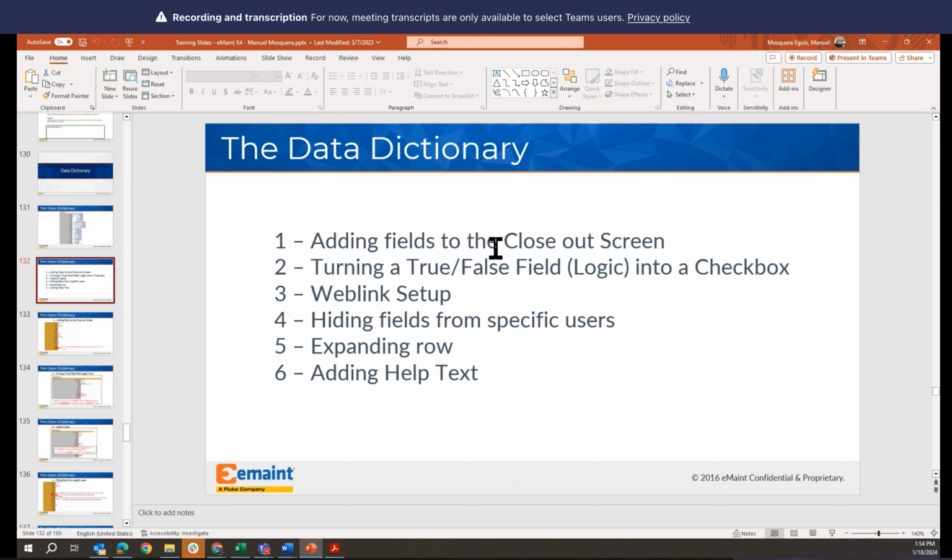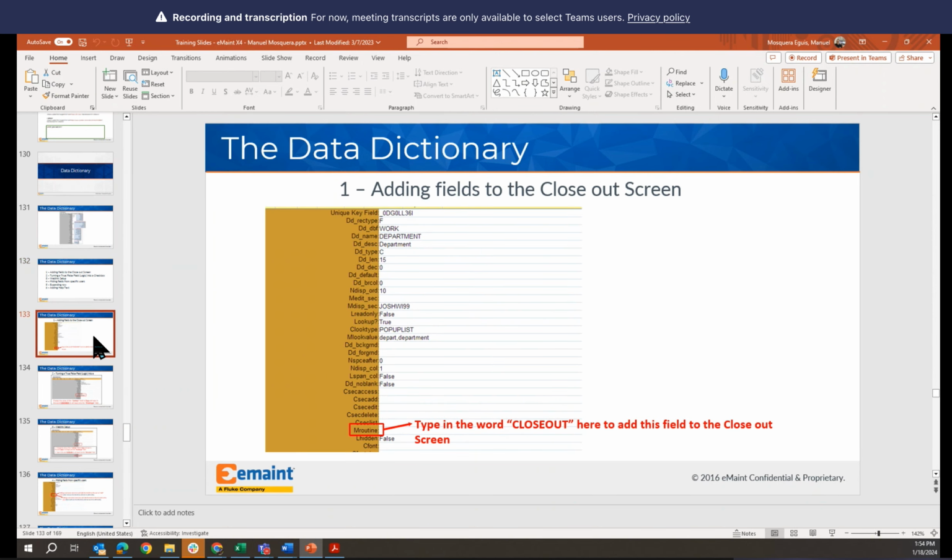You can add fields to the closeout screen. Those are the examples that we have to use in the data dictionary. The second one is turning a true/false logical field into a checkbox. Then web link setup, hiding fields from specific users, expanding rows, adding help. The information on how to configure this is in the presentation. You just need to search for the field that you need to change and the value that you need to change or add to that field to be able to practice